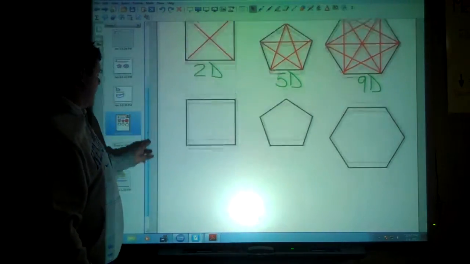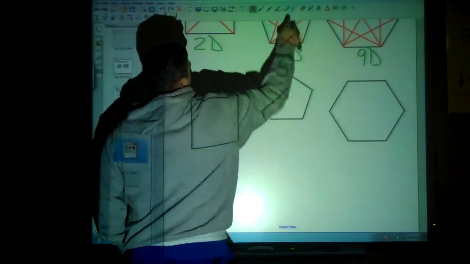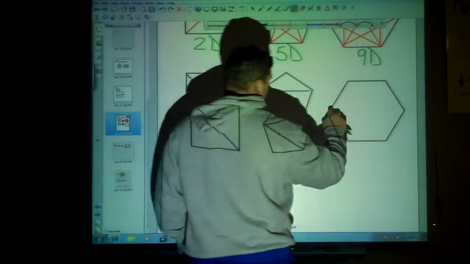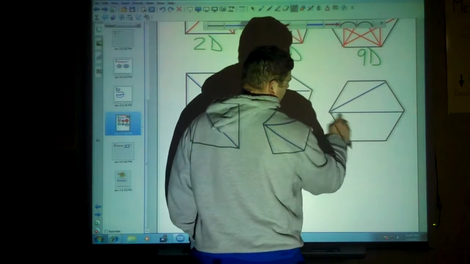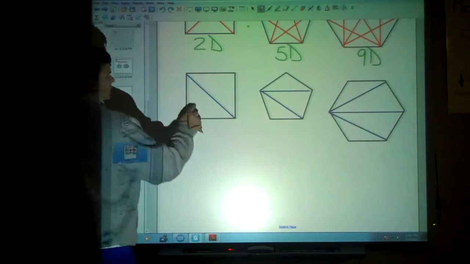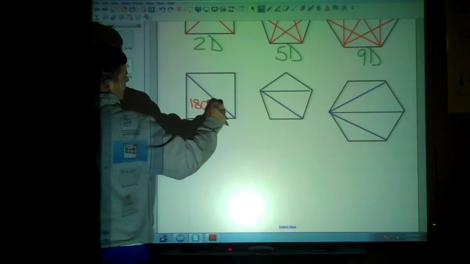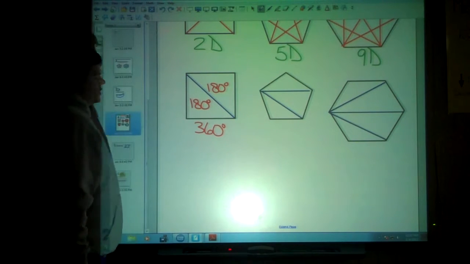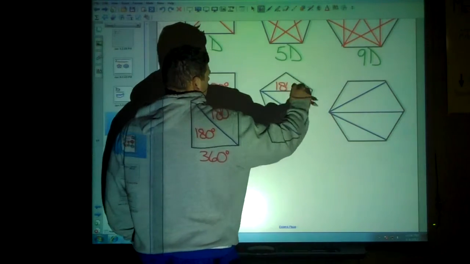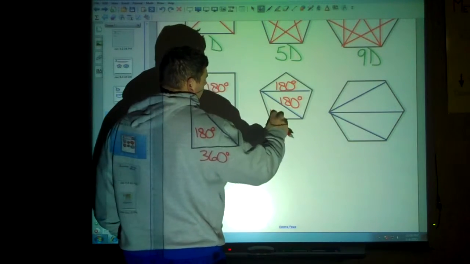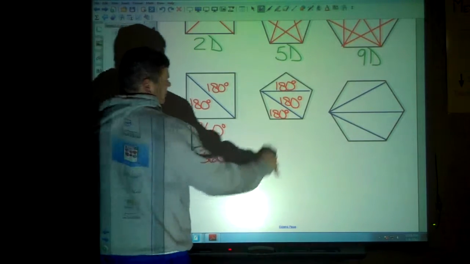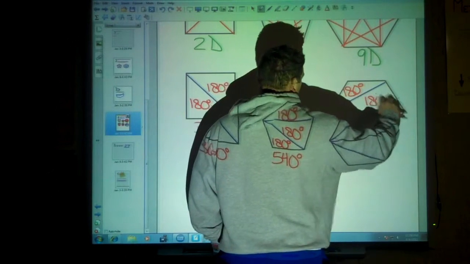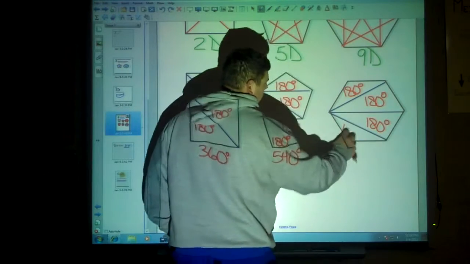I can use these to determine how many total angles there should be within the shape itself. So here is one diagonal, only using one vertice now instead of all the vertices to create all of them. If you look at this, this forms 2 triangles. 180 degrees, 180 degrees means that all 4-sided shapes will total 360 degrees. This is 180, 180, 180, which means the grand total of all of them will be 540 degrees. 180, 180, 180, 180,